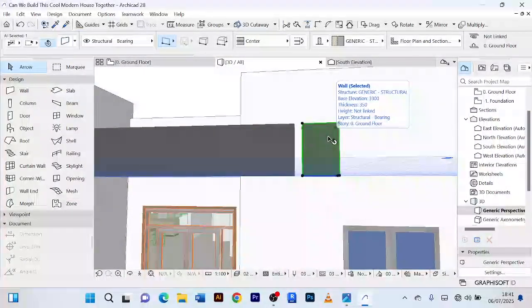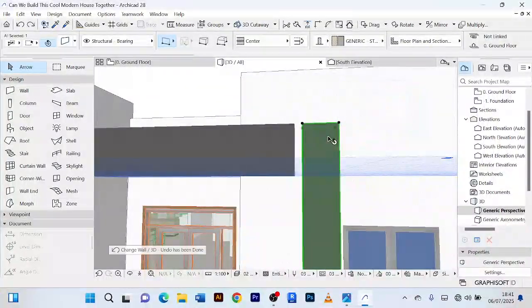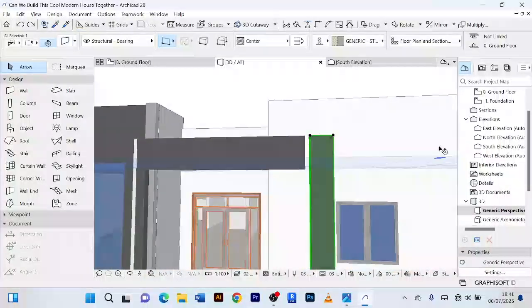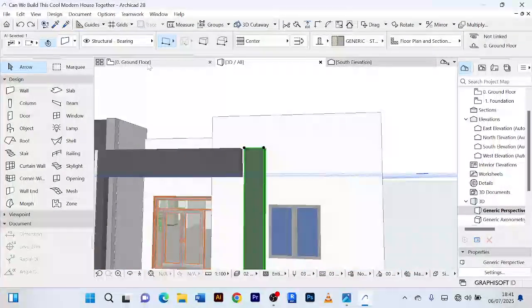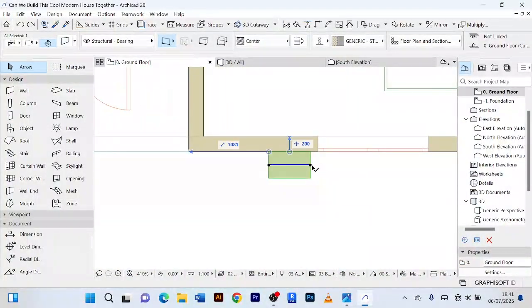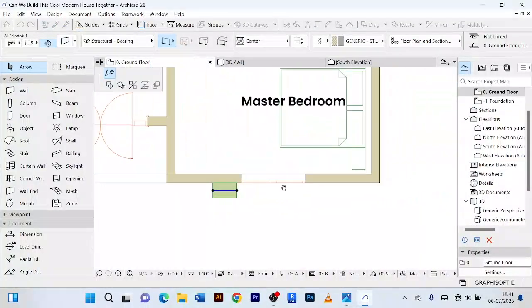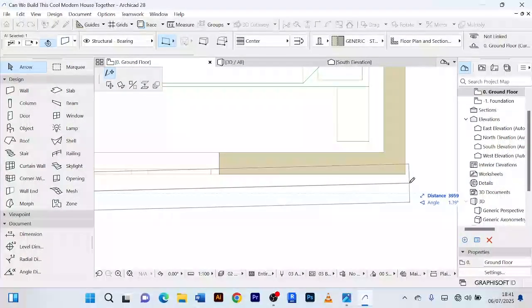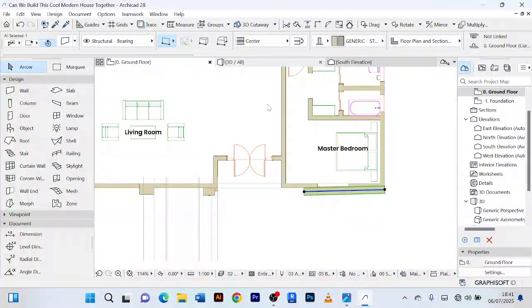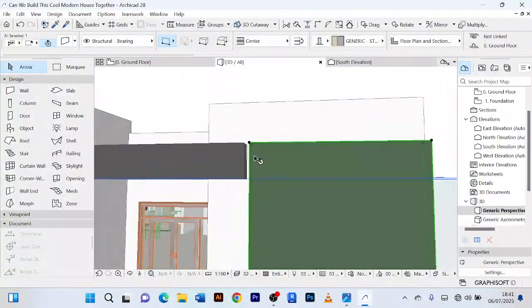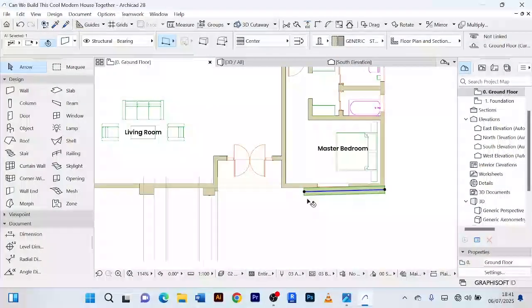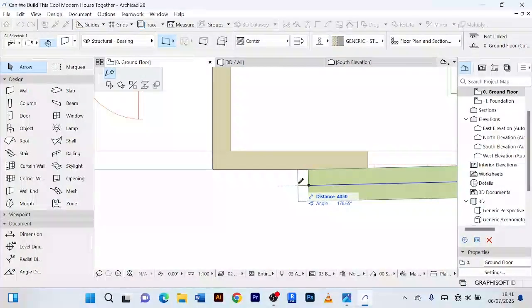The next thing we can do, before I even do this, let me just Control Z, because I want it to go all the way to this other side. So from here, I'll just click on this node. I'll drag it all the way to the end of this wall here. I'll just do it like that. Then I'll make sure it is also attached to this one. Let me just drag it here a little bit like that, down,